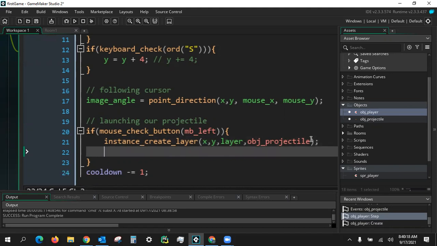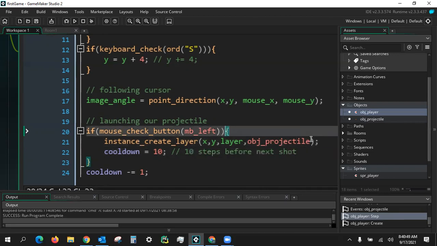Then inside of here, if we have shot, I'm going to set the cooldown to be 10 seconds. So however much time was from the last time I shot, I have to wait at least 10 frames. I said seconds earlier, this is actually frames. 10 steps before next shot. And then I need to update our actual condition in here. If our mouse check button, if we've pressed the left mouse button and the cooldown is less than or equal to 0,